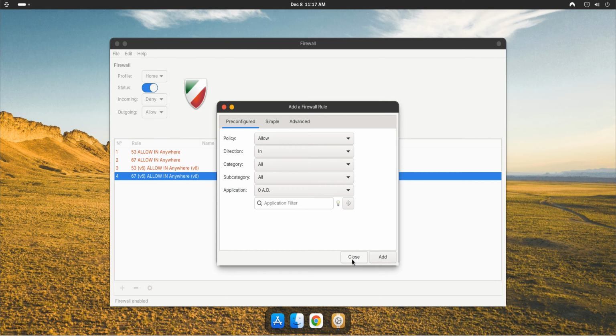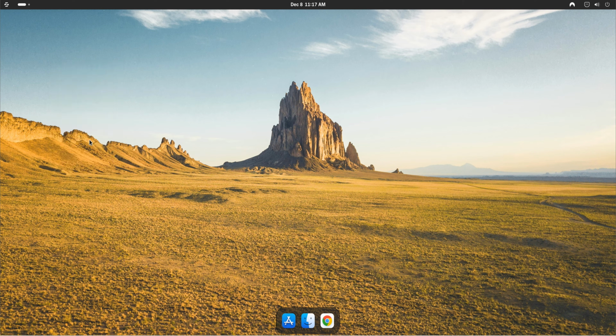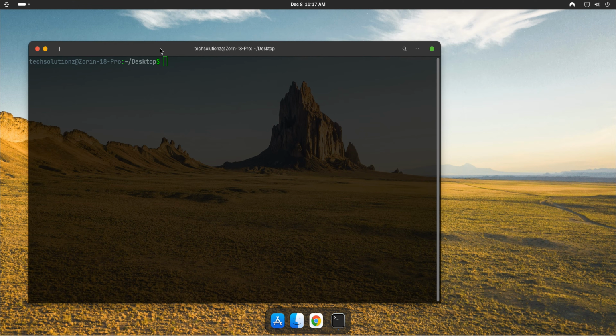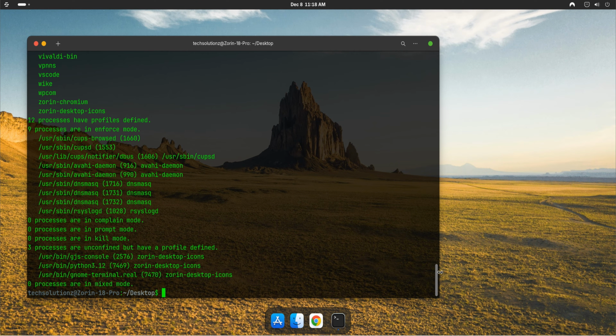Next is AppArmor, a security system that works on a completely different layer. Where the firewall protects your system from outside connections, AppArmor protects your system from the inside. Every application has limits on what it can do. For example, a web browser can access the internet and your downloads, but it shouldn't suddenly start editing system files or accessing sensitive folders it has nothing to do with. AppArmor enforces those boundaries quietly in the background, so even if an app is compromised by malware, it can't step